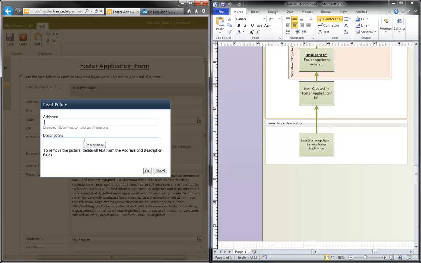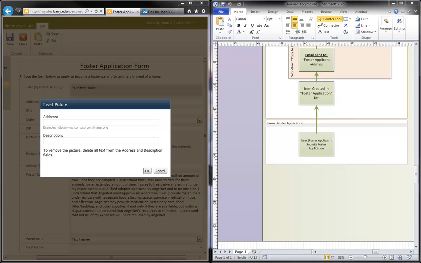Now here's the deal. It's a small student organization, and we're on a very tight budget, basically. And so we're using Barry University's free SharePoint server, which is offered as a free service to Barry University students and employees. The problem is that we're limited to 15 gigabytes of space, and we can't host our own images. So images that are used on any of the applications or on any parts of our system have to be hosted somewhere else. I'm going to post a picture here of my own